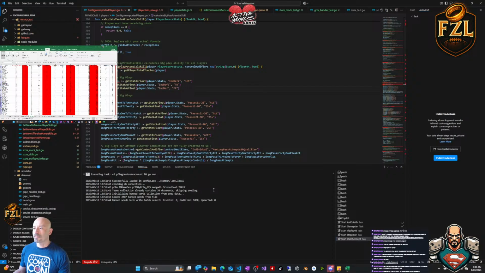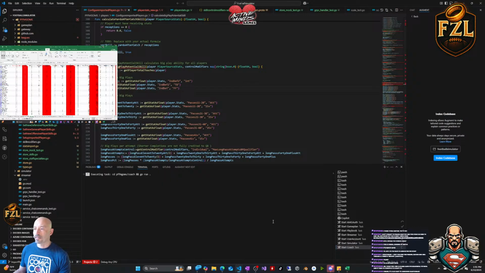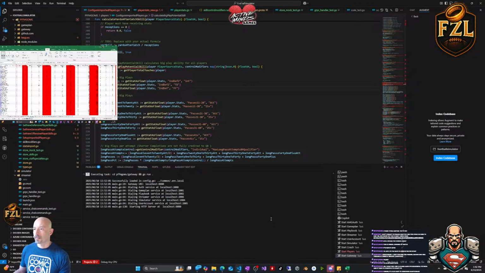I have a feeling players is not going to load. Players has too many bugs in it, but I don't think I need players. It shouldn't stop me from running my other stuff. Most of the stuff in players is not being called by anything yet, so it should not be a problem. The gateway should start. Okay, and gateway is the last one, so I can go over to my